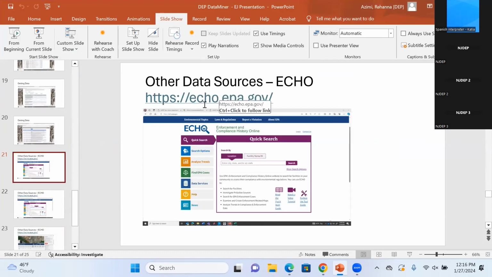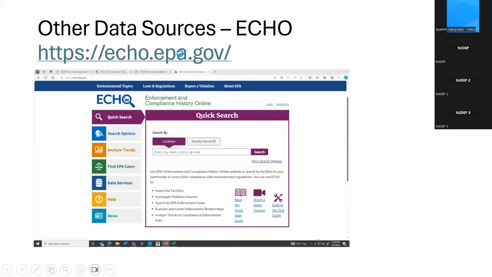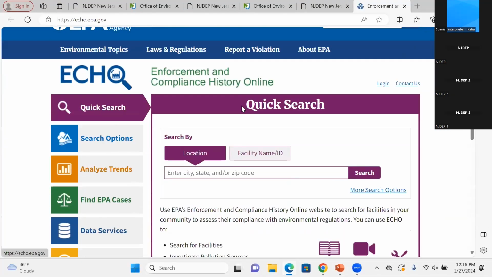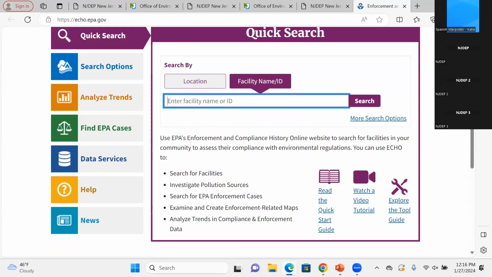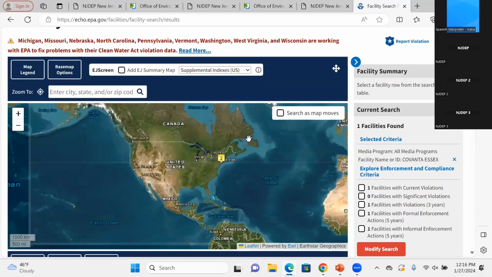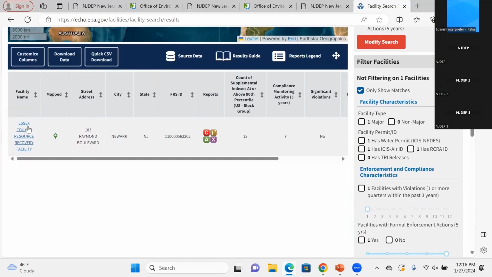So if I just click on this link for Echo, here's Echo, and it's similar to what you saw with Dataminer, that you can look it up by name or by ID number or by location. I'm going to do it by name. I'm just going to type in Covanta, Essex, and see what shows up. And you can see there it is. And if I actually click on that link,